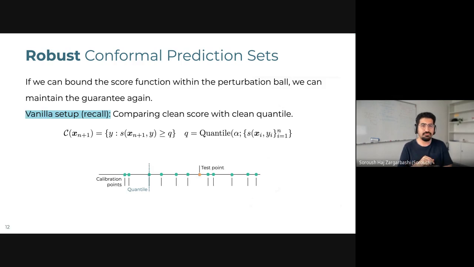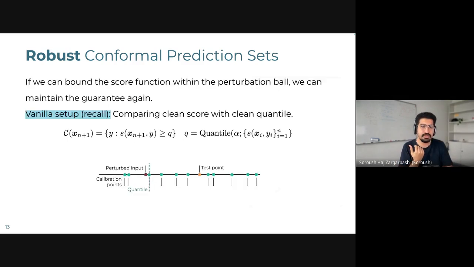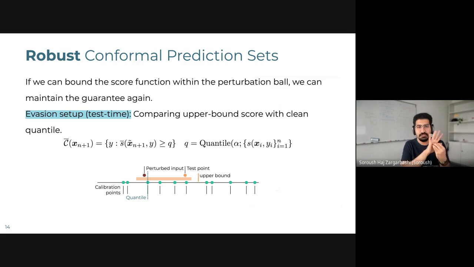So I move back to the slides. I call this B of R, all possible perturbations around this point. And now assume that I can bound the score for any point inside this region. So assume that I'm working with an L2 perturbation. There is this point and there is this ball around it, and I can find the lowest and highest score, or an upper bound or lower bound for that, so that I know that within this region, the score will remain the same.